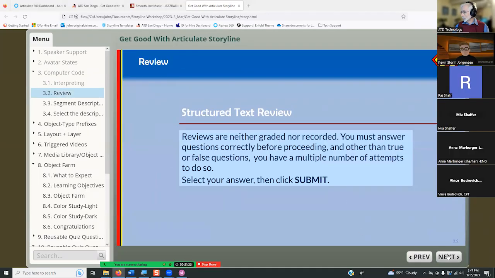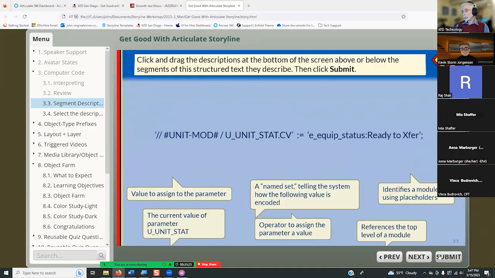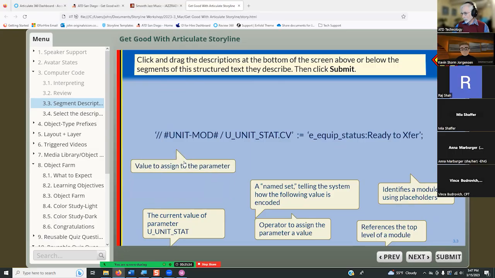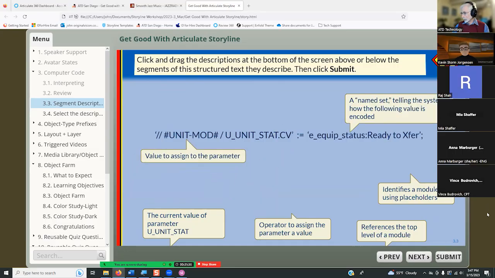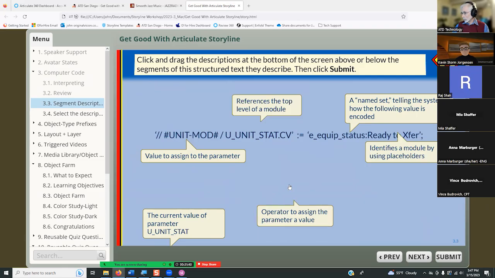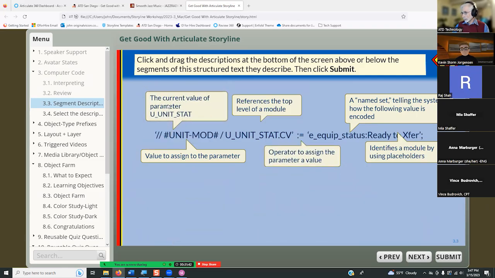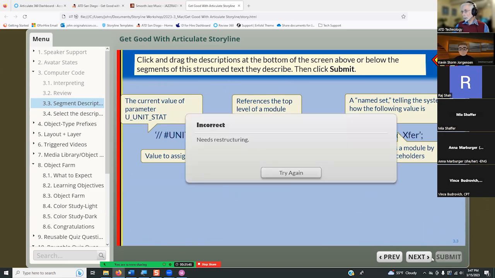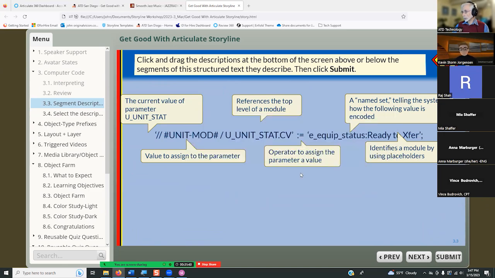And the way I chose to test this is click and drag. The learner already has neural pathways in their brain around this and where these things go. So now I'm just asking them to click and drag things into hotspots and then submit to see if this is correct. And I, of course, did not get it correct.